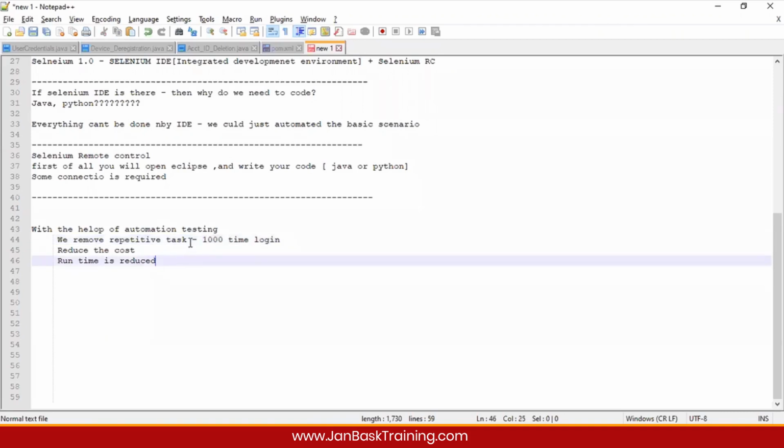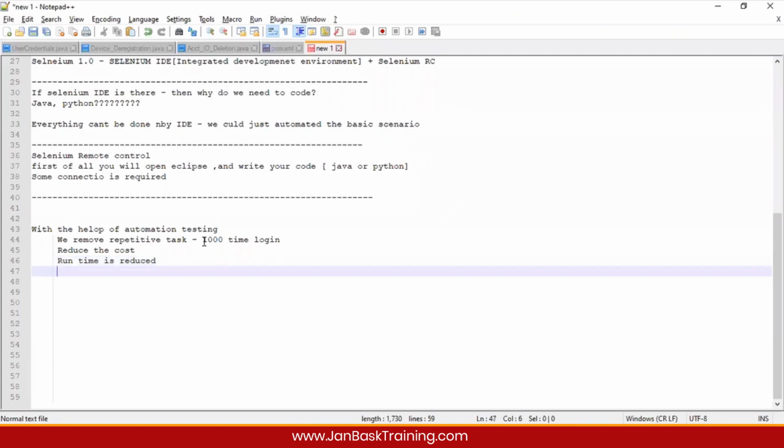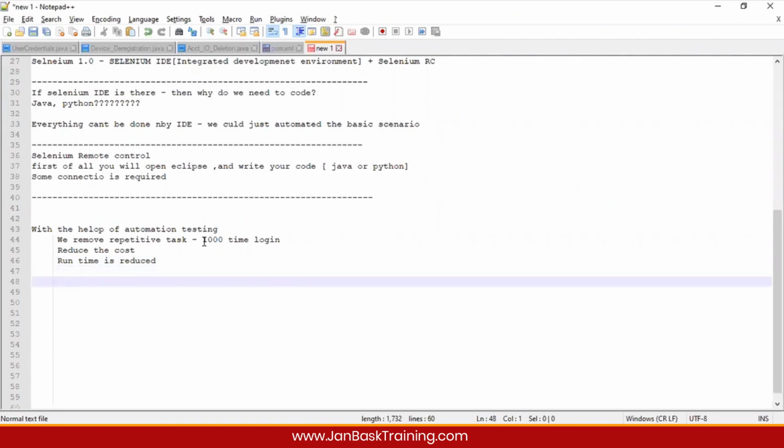Next, since you have automated this 1,000 time login job, you think basic advantages of automation testing. Why do we need automation testing? So these are some of the basic characteristics that I could tell you over here, that what is given to us when we start automating. So we need to know code, not a lot, but yes, little bit for sure.